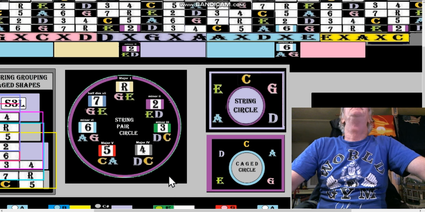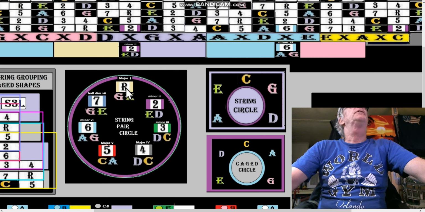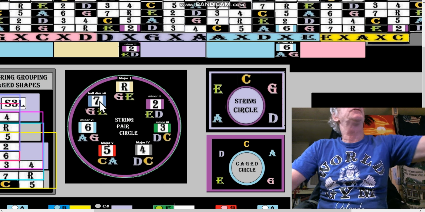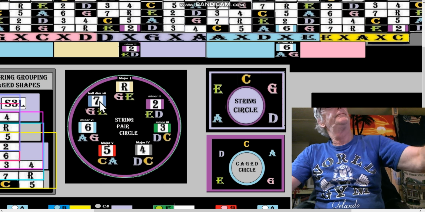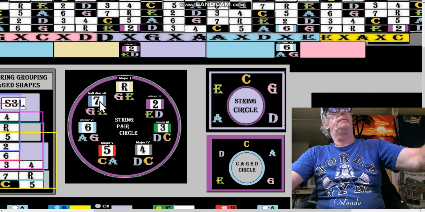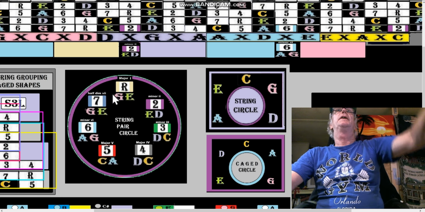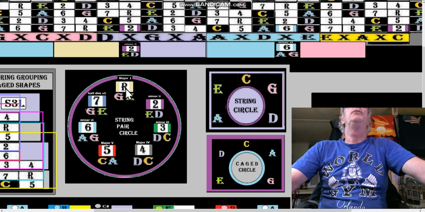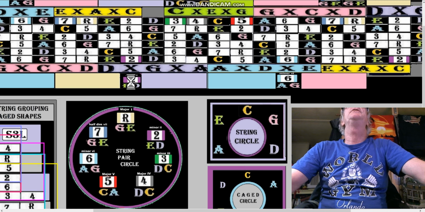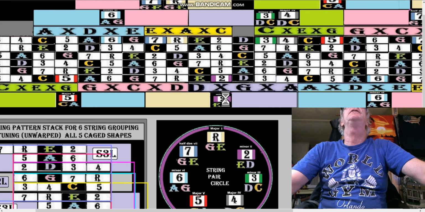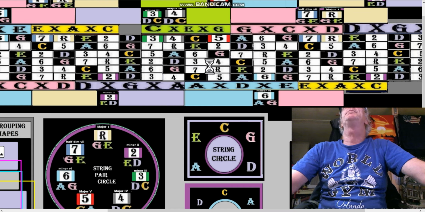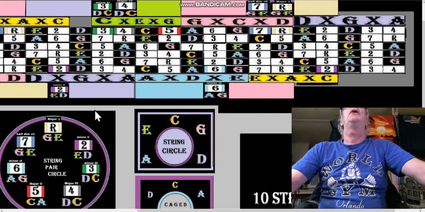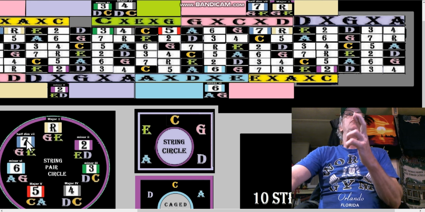So talking about memorization, it's easier to look at root, 2, 3, 4, 5, 6, 7 being your major scale, or starting on 7 and then going back to root. Root would be the GE shape, meaning that root is the shared note in between the GE shape. Let's find the GE shape. Hello, GE shape. Right here, not only is root the shared note, but 7 is the shared note, because root and 7